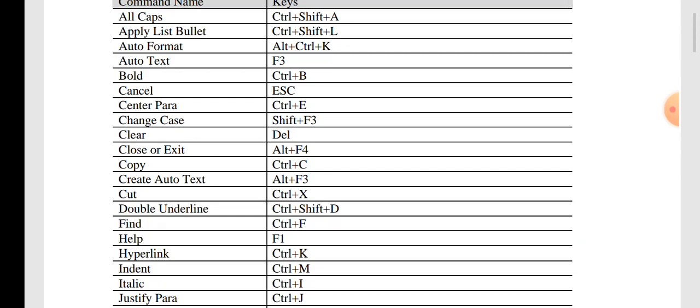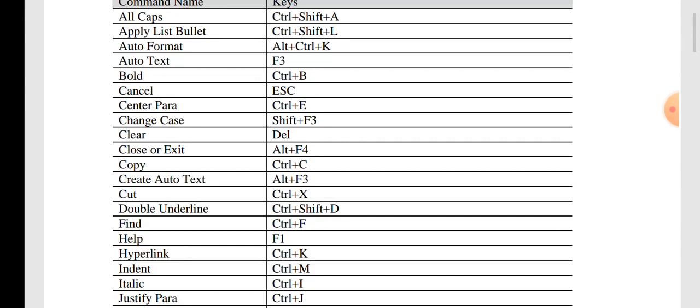And next is find. If you want to find a word in a document, there is a shortcut Control plus F. Okay, and there is an option available, find, in which you can type a word, and you can find that word in your entire document.